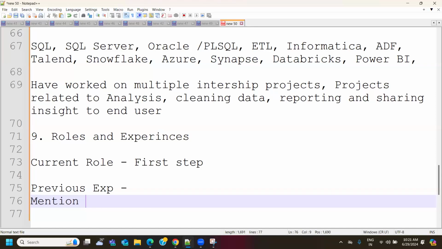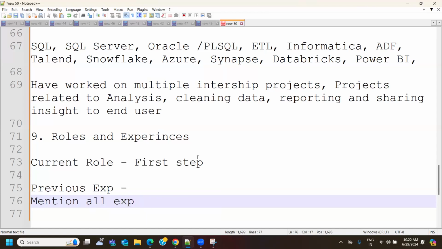Mention whatever role you worked in. If you want to showcase every experience, maybe as technical experience also, you can. Even if you were working as a non-tech person there, you can mention your non-tech experience as technical experience in your previous experience. Mention all the experiences, because this will have a huge impact.